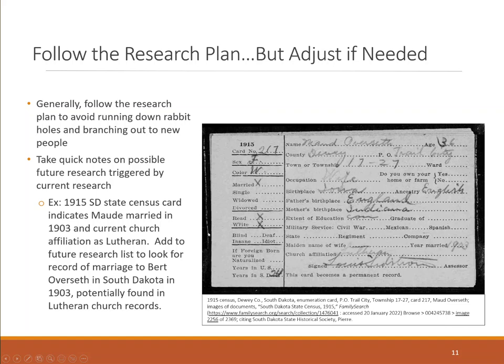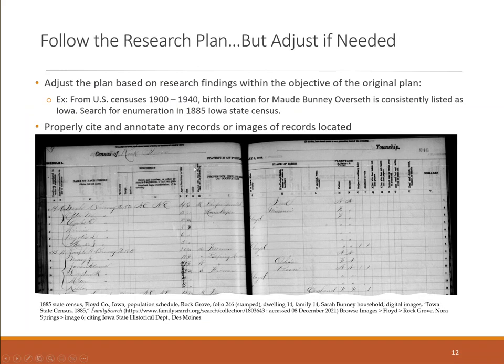I could not find their marriage record and all the different things, but now I have a 1903 year and their Lutheran affiliation. This could lead us to finding their marriage record. So I haven't done that. It's on my list to do. And I put some notes down to do this research. It's just not on my primary research path. But anyway,